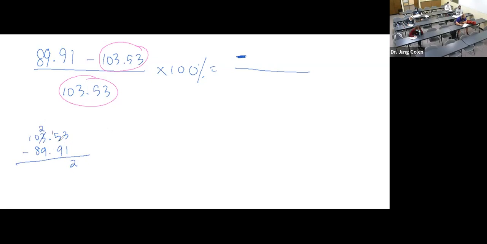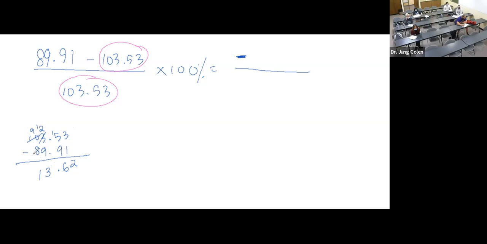Following 10 there. 15 minus 5? 6. 2 minus 9, we can't. I want to borrow, but there's nothing, so I'm going to change that to 9 and regroup that as 10, 10 ones. So 12 minus 9? 3. 9 minus 8? 1. It's 13.62 if you subtract the